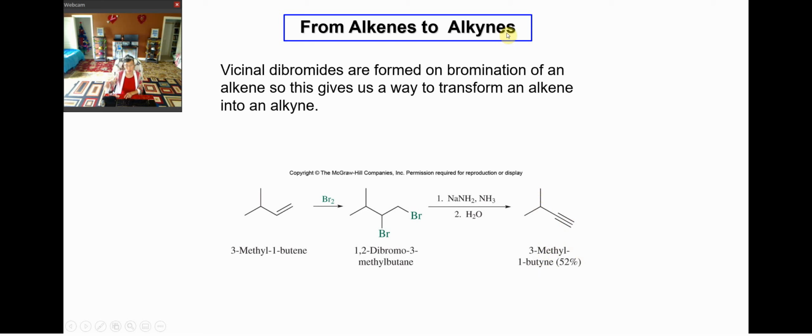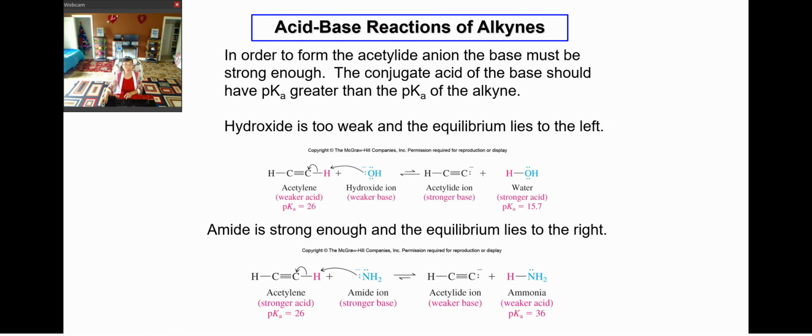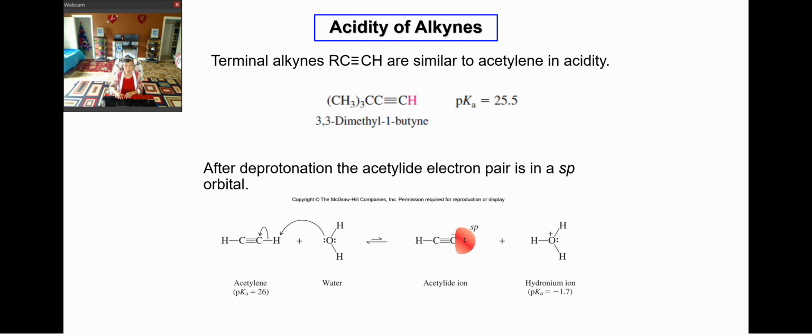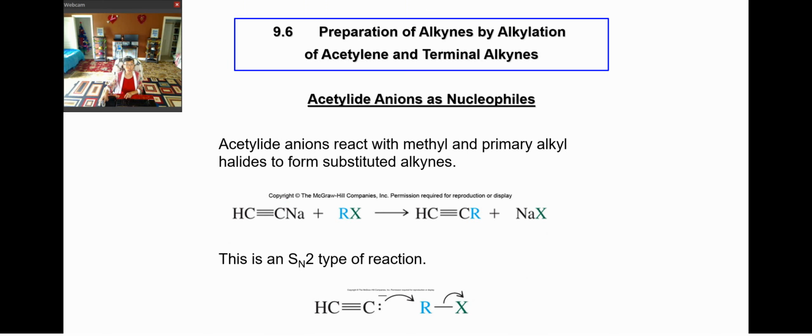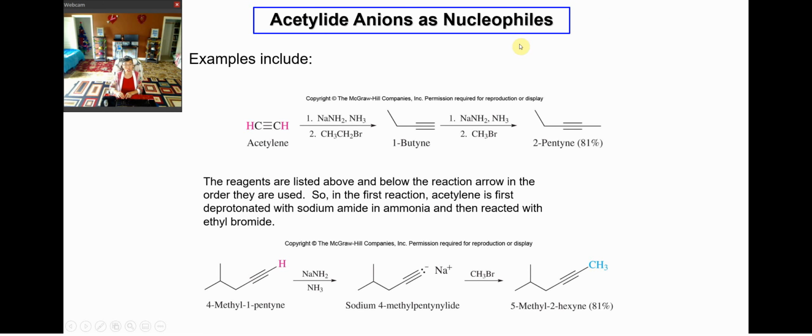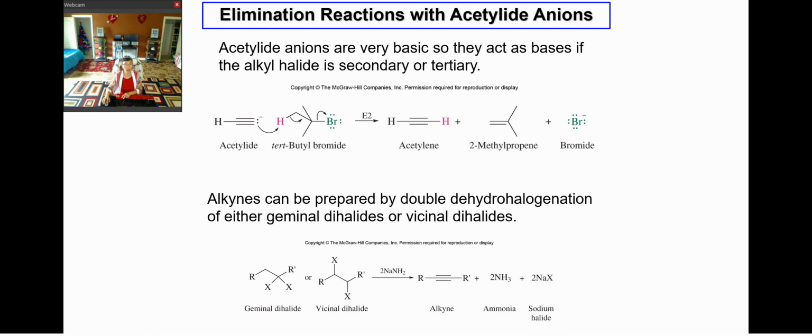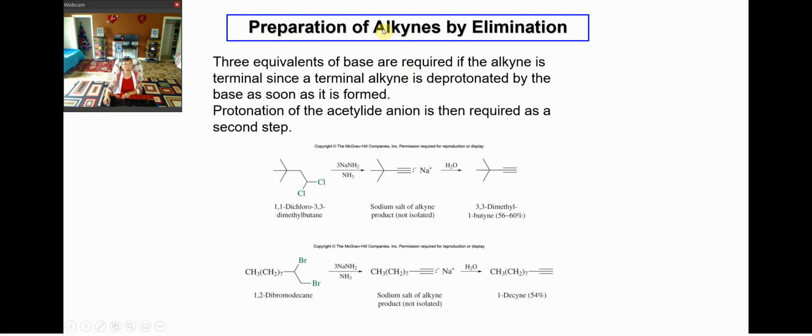So you can go through several different methods. Let me briefly summarize how you are going to produce your alkyne. The first one is the reaction through alkylation. Alkylation produces an alkyne with an enlarged carbon chain. Carbon numbers will be increased. And also you can prepare the alkyne from an elimination reaction, such as from